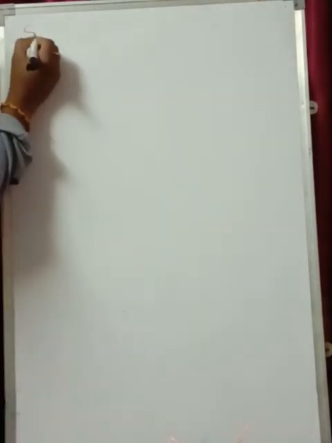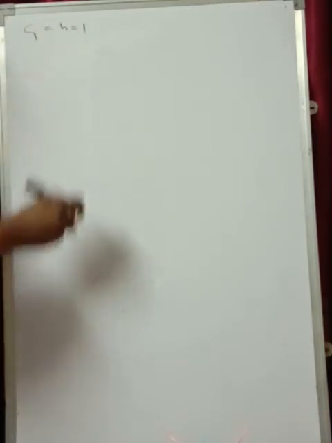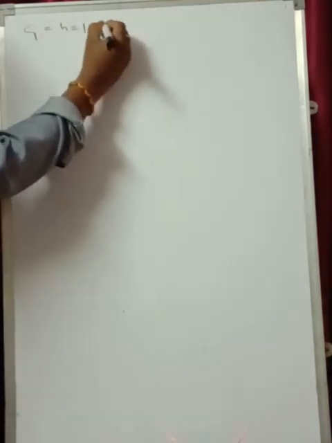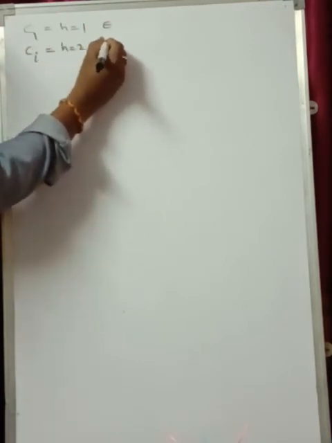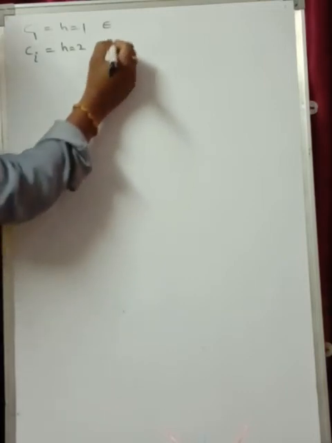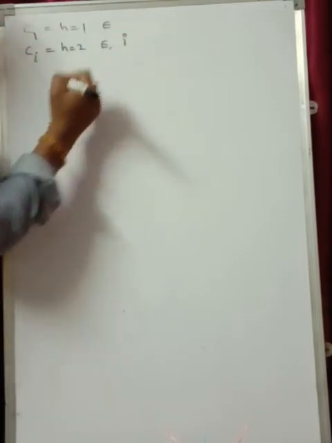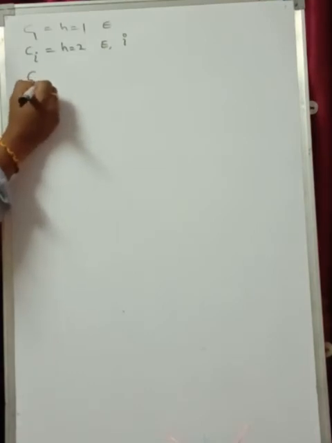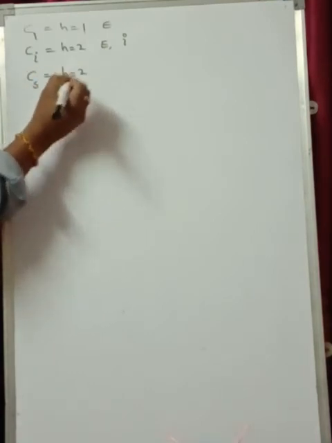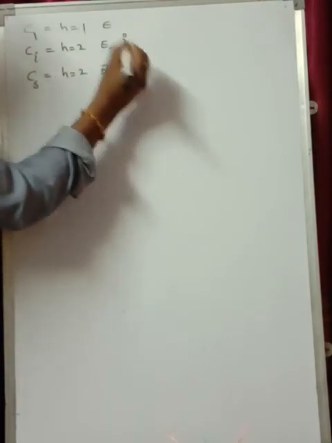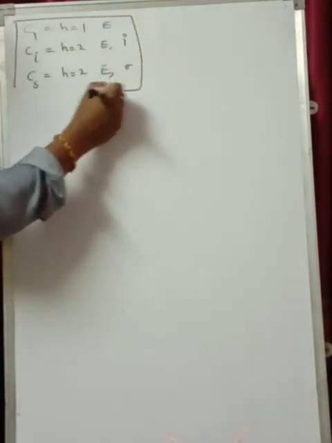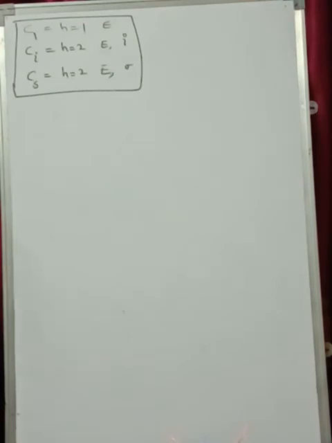You can see, if you take the C1 point group, the order of this point group is 1, that is, it has only one symmetry element, that is identity. If you take the Ci point group, the order of this point group is 2, that means it has two symmetry elements, one is identity and the other is the center of inversion i. Whereas for the Cs point group, the order of this point group is also 2, it has two symmetry elements, one is identity and the other is the sigma plane of symmetry. So this is regarding the molecules with low symmetry elements.